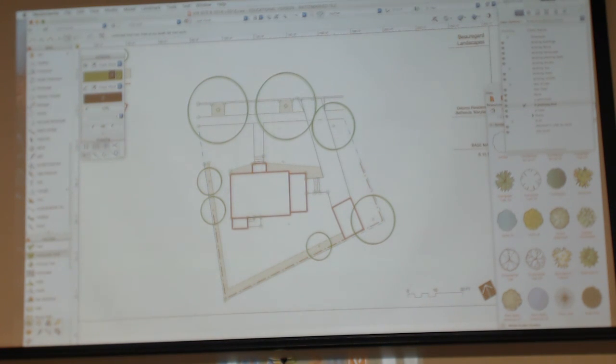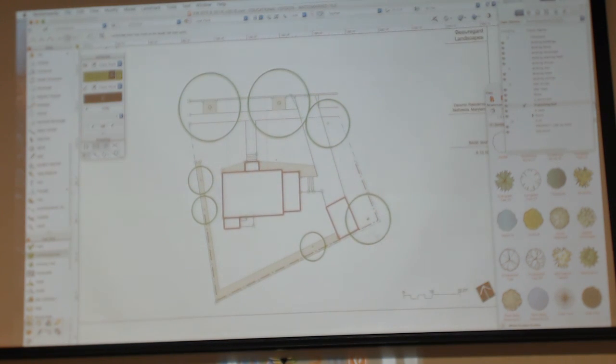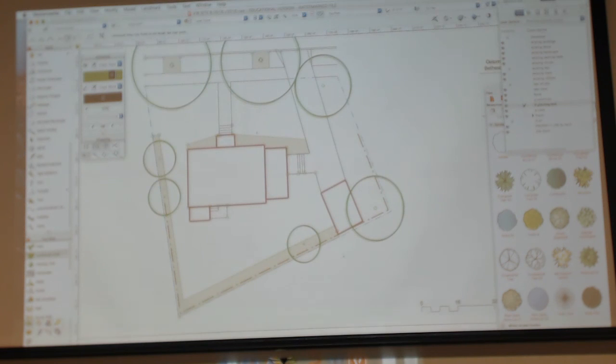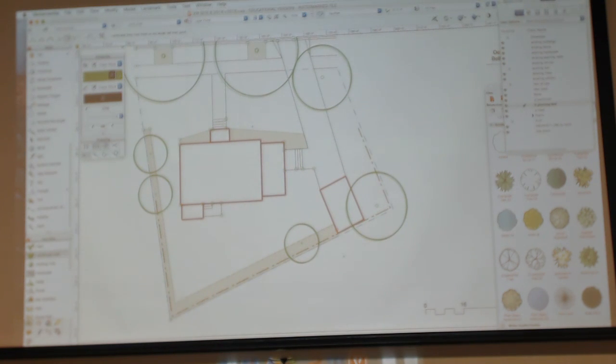Cool. I made a class to put the flower beds on their own. Say that again. I put